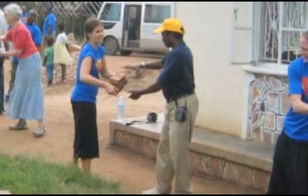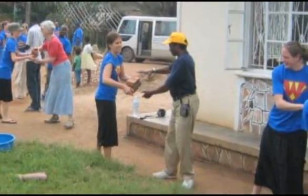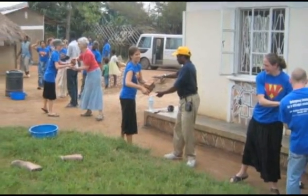The area is very dry, there is no rain, and the people fetch water from dams, from boreholes, and most of this water is really contaminated. The source of water that this tank was taking the place of,